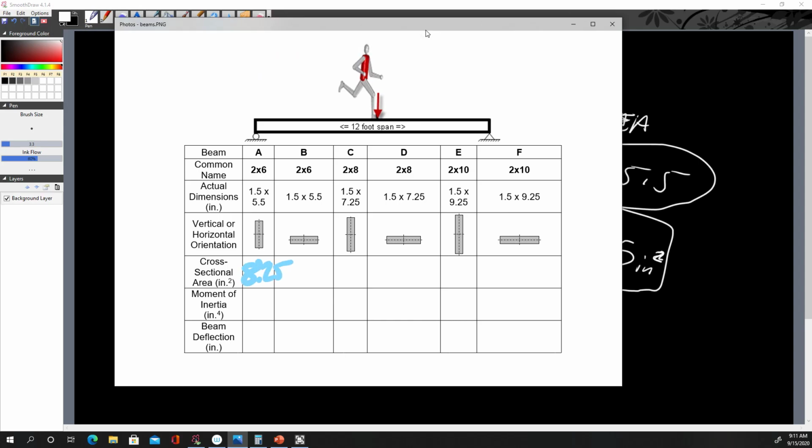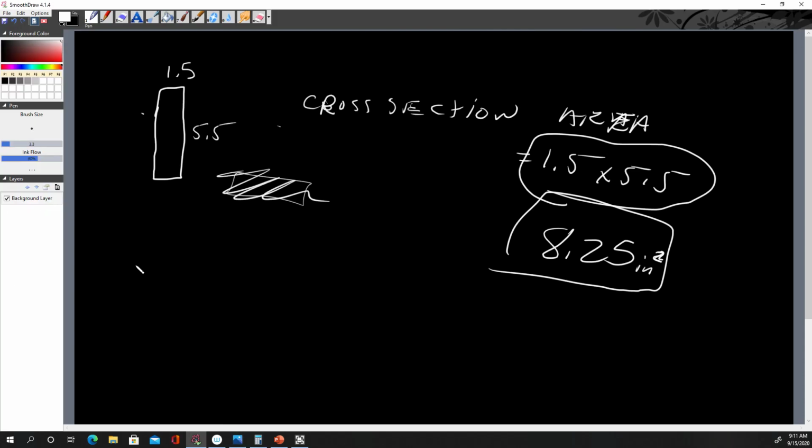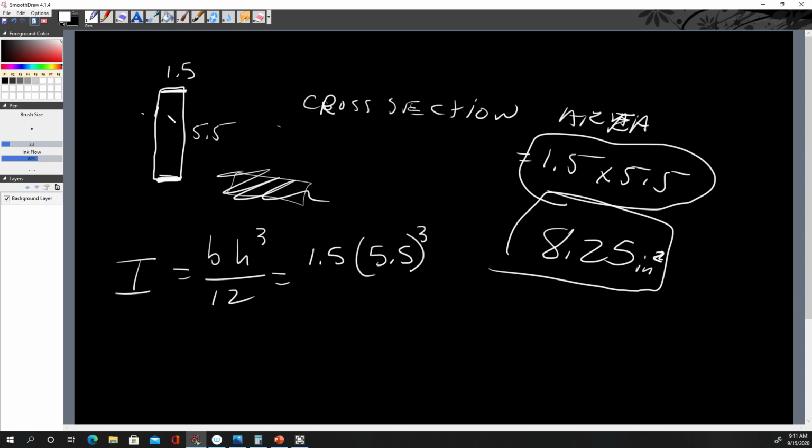8.25. Except you will write a little bit neater in there. 8.25 inches cubed. Now, what is the moment of inertia? So moment of inertia, I, is equal to base times height cubed divided by 12, and the base right here is 1.5, right? This is 1.5, the base. So 1.5 times h, 5.5 cubed, because remember, this is the height right here, this distance here, 5.5 cubed divided